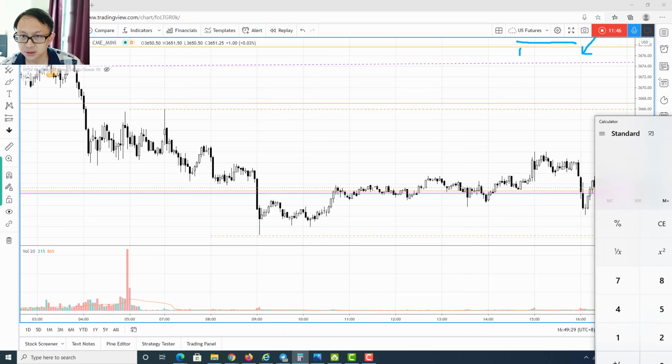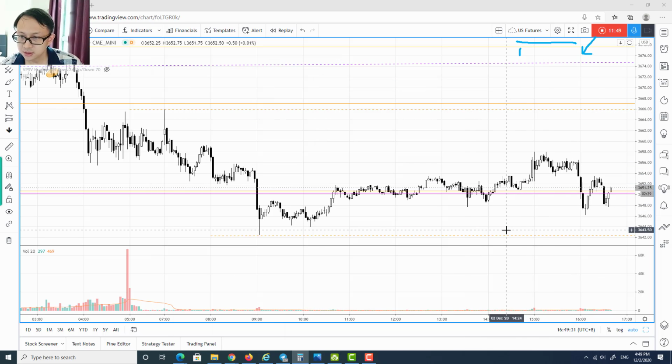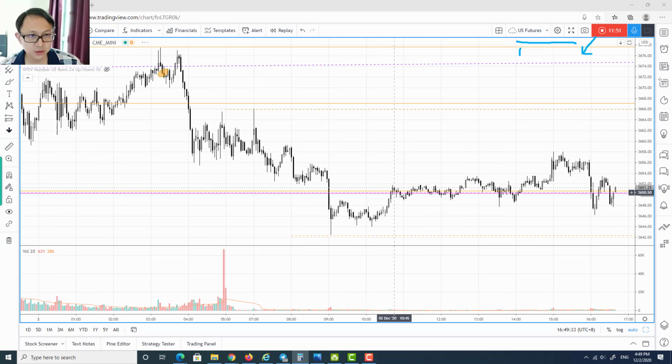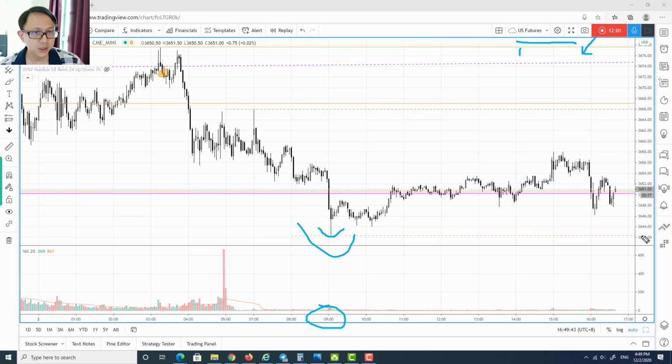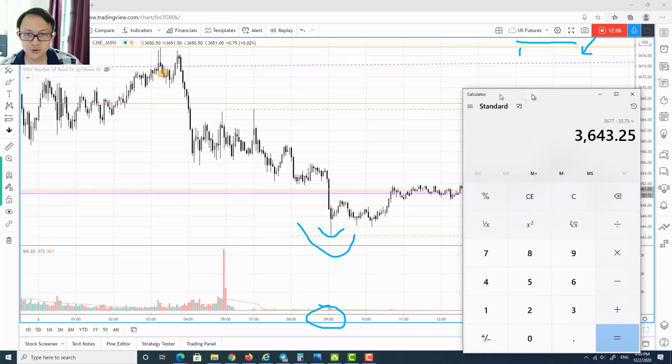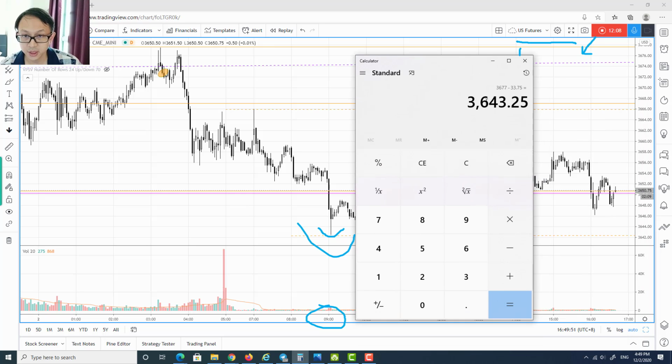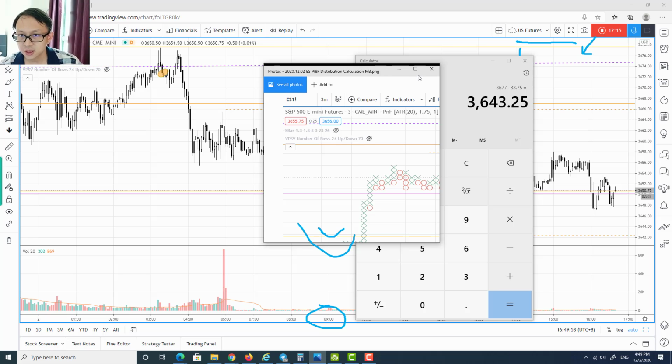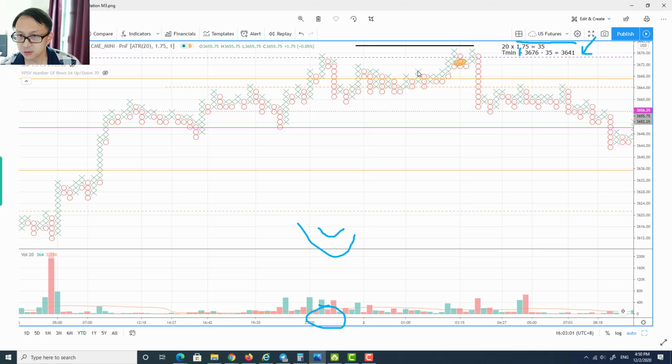Let me just get to that. So you can see that the lowest point until this morning, about 9 a.m. in my time zone, the morning time session, will be somewhere around 3642. So I think it's very accurate in this case, because the point and figure calculation is actually projected to around 3643. In fact, based on my previous calculation with this, I just mark it down with a pen, and